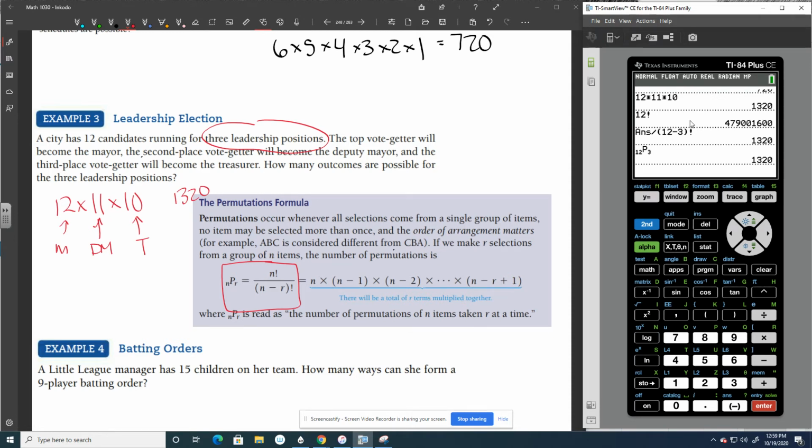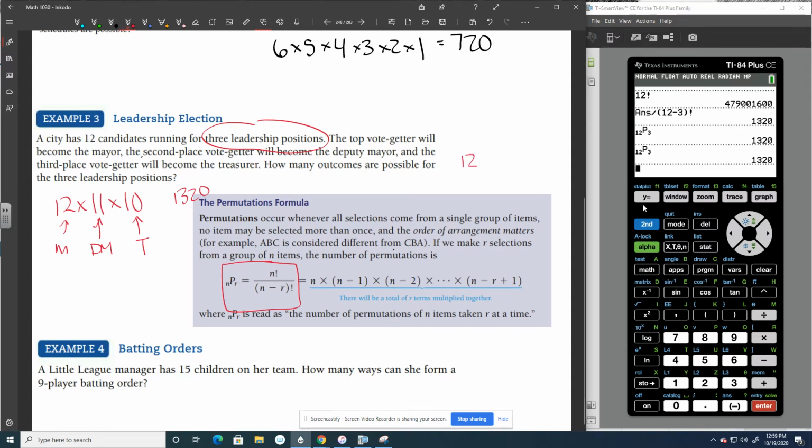If you're using one of the older TI calculators, sometimes you have to do 12 first and then you go over to nPr and then hit 3. It doesn't put those there for you. You have to actually put the 12 first. And then what it would look like on your calculator, you would put a 12 and then you would have the nPr and then you would put a 3. And it would give you the same thing. You'll get the same 1320. So that's when we're choosing out of a group of people, but we're only choosing some of them and the